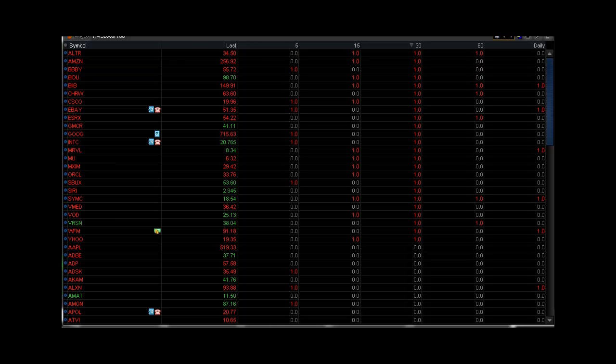Now, one thing that we just developed and added to our toolbox is a scanner for volatility squeeze breakout trades. So we have this on display in our virtual trading room, but it's a very great scanner to pick out particular stocks or futures that have the potential to break out based on momentum and based on a volatility squeeze. And we've got it broken down. We can break it down basically in any time frame, but we'll look at the 5-minute, 15, 30, 60, and